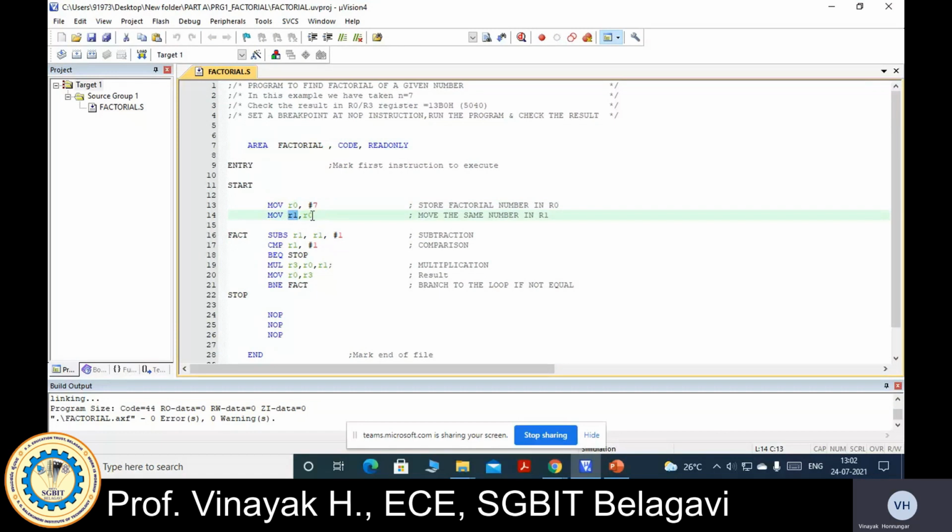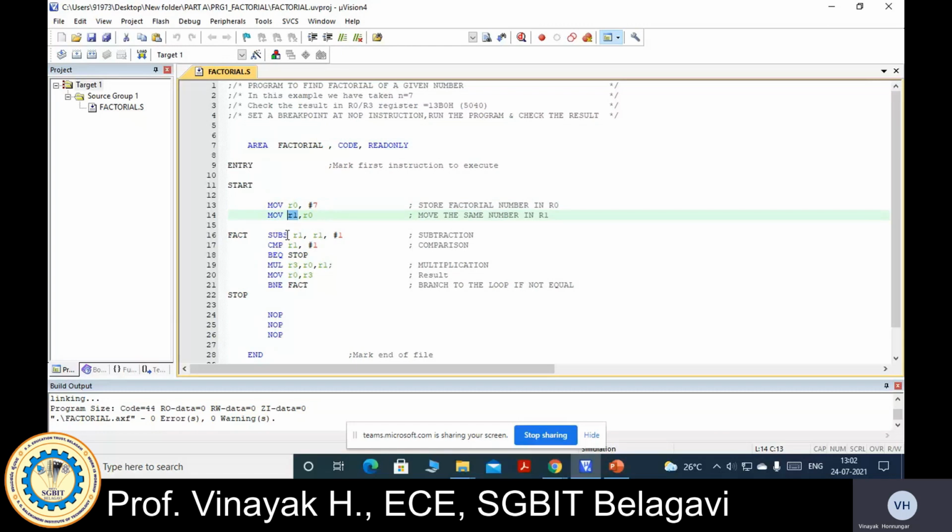So MOV R1, R0. Then you have to subtract 1 from 7. So I have taken the subtraction instruction, SUB R1, R1, 1, and store the result back in R1. So R1 is decremented by 1 by using the subtract instruction. Now you need to check whether that value is equal to 1 or not.